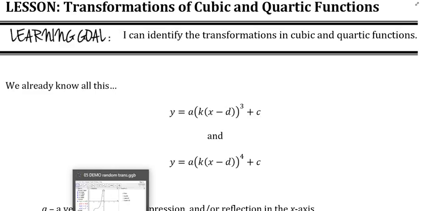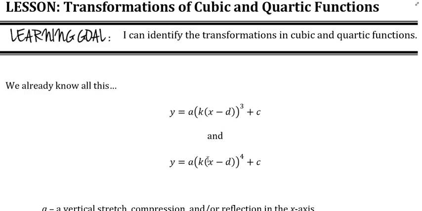Okay, so we're looking at transformations of higher order polynomial functions. You do a lot of quadratics in grade 10, and then you add a bunch of different kinds of functions in grade 11, and you talk about the transformations of all those functions. And we've been looking a little bit at cubic, quartic, and quintic, so degree 3, degree 4, degree 5, and then hopefully you've got a sense of the pattern as you go up to degree 6, degree 7,